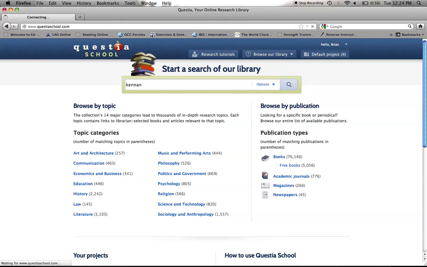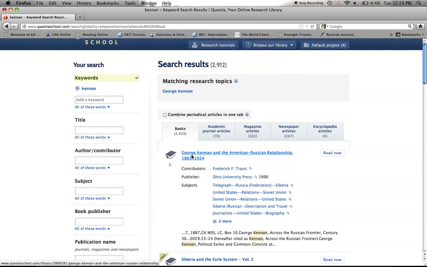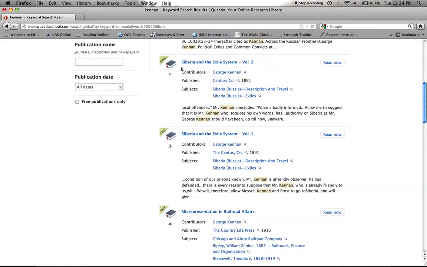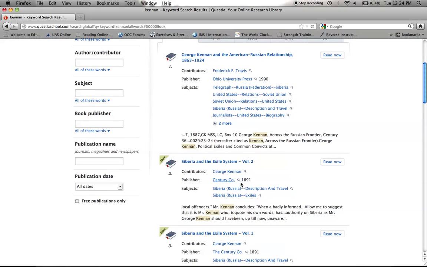Kennan. I don't even need to type George Kennan. I'm just going to type Kennan. This returns me 2,900 sources. That's a lot of sources. And this doesn't even look relevant. The Cold War hasn't started yet. I can scroll down quickly. These are free sources. These means these are out of, what's that called, copyright. These are not related to me. Look at the publication date on them.